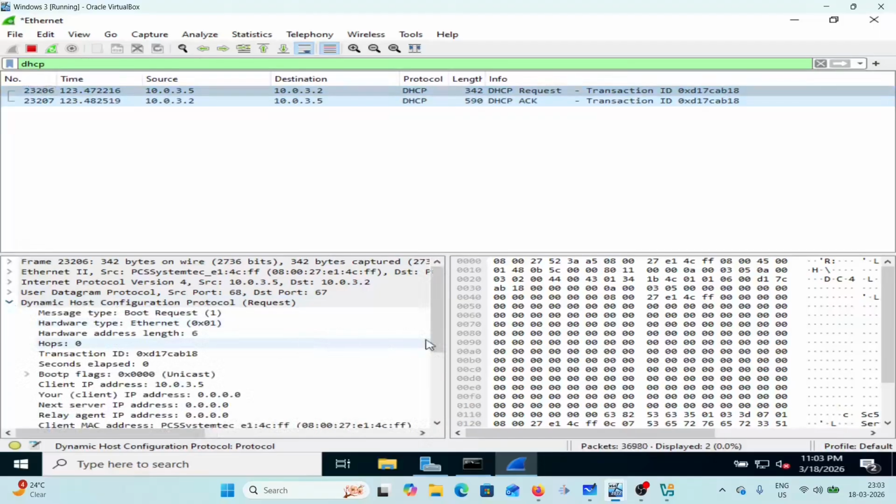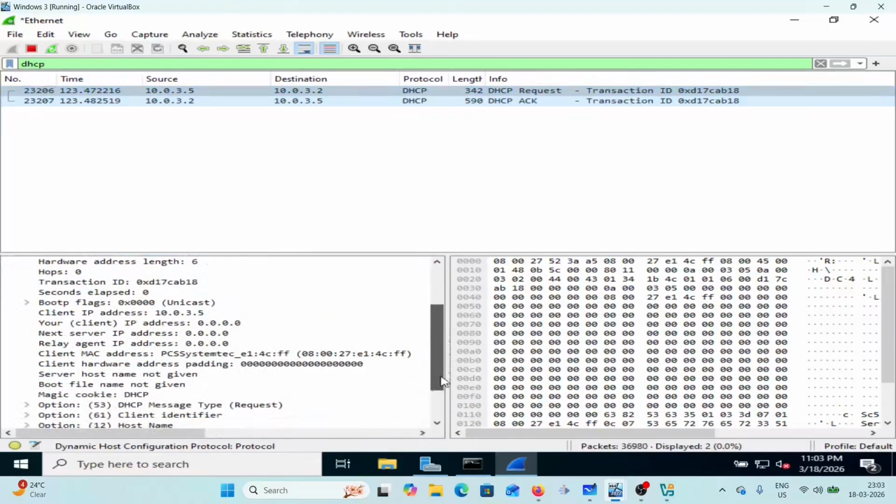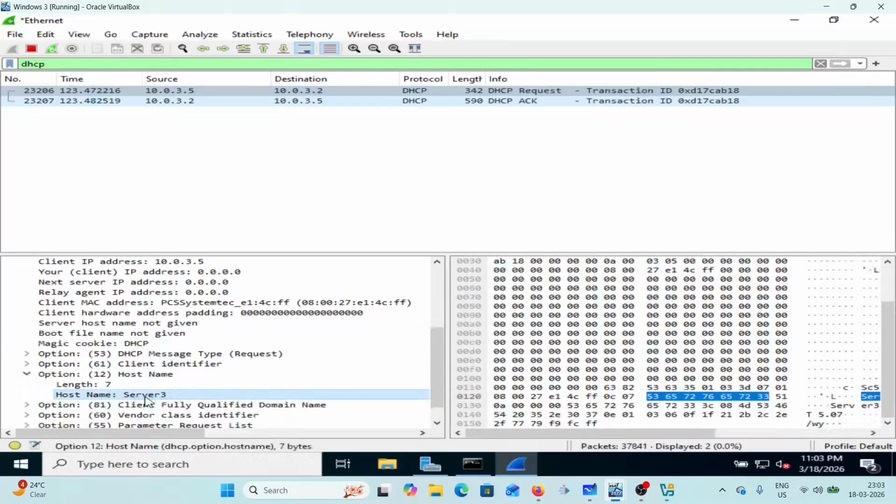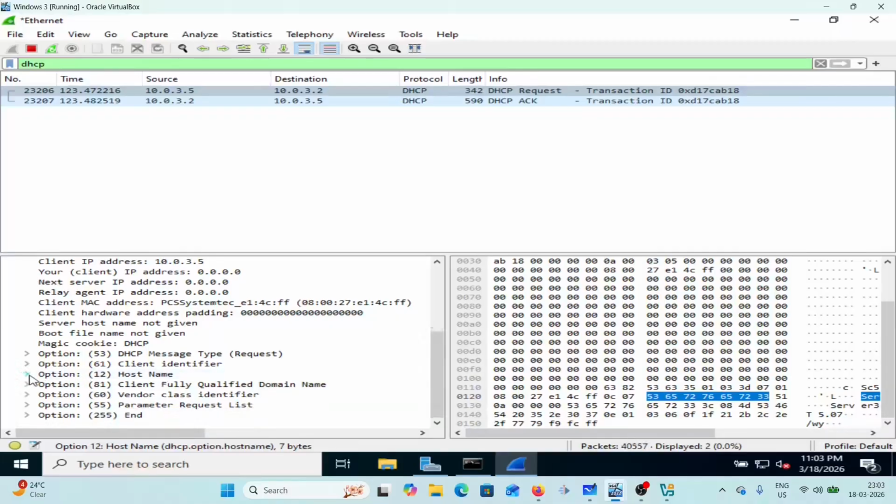In the DHCP configuration option, you get the host name. Here you can see the host name is server 3, which is sending this particular packet. This is how a lot of information can be captured, like host names, MAC addresses, and IP addresses, and that can be used